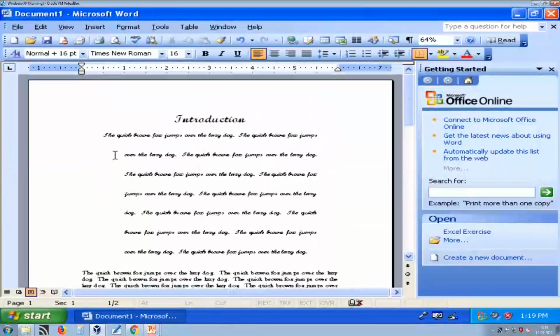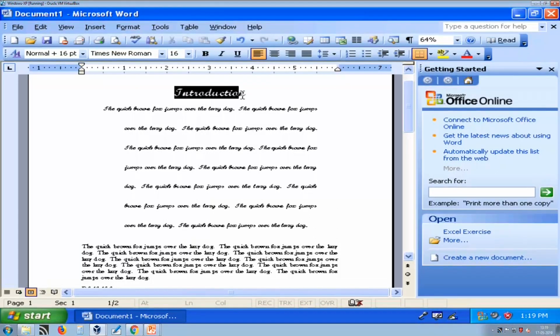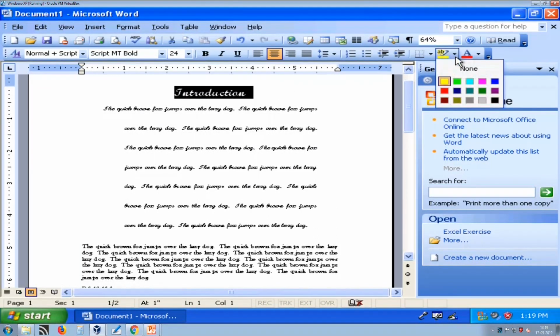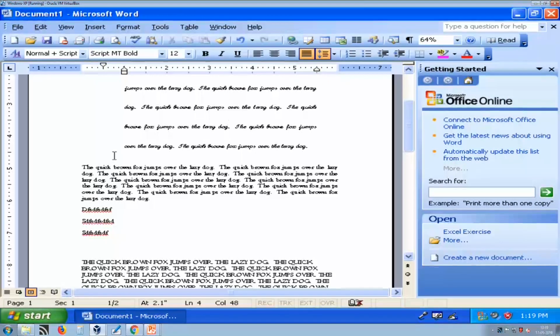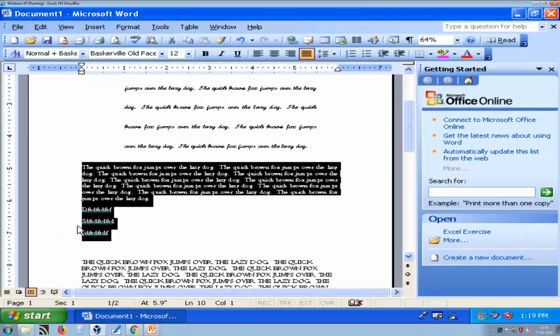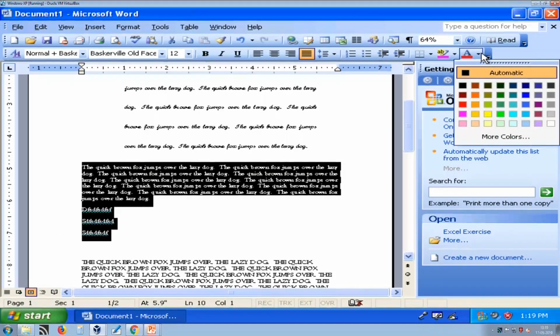Now, suppose I want to highlight something, for that I can use this highlighter. So, here you can see I can highlight my text, and you can change your text color. Select text for which you want to change color, and then you have to select color.